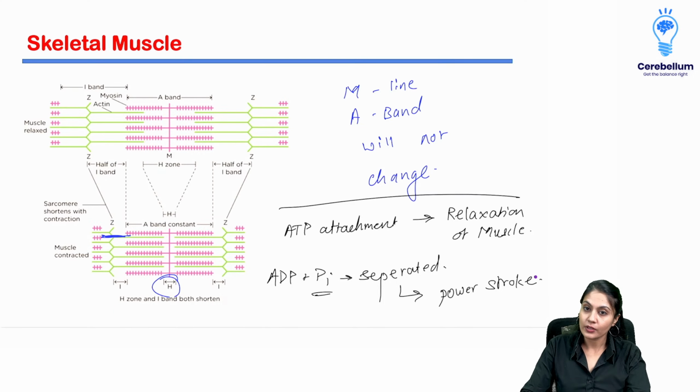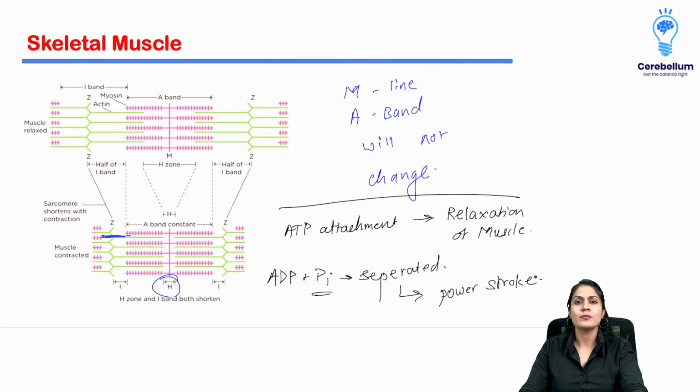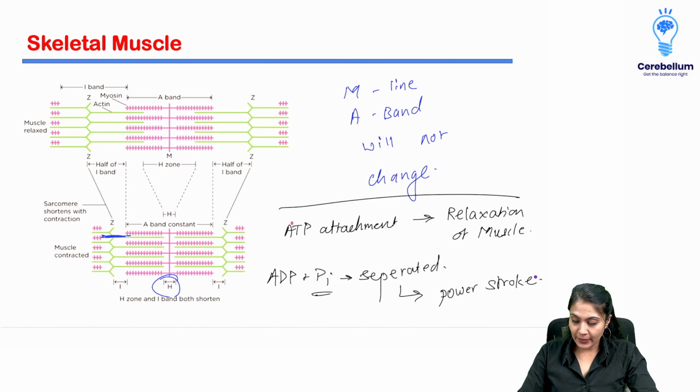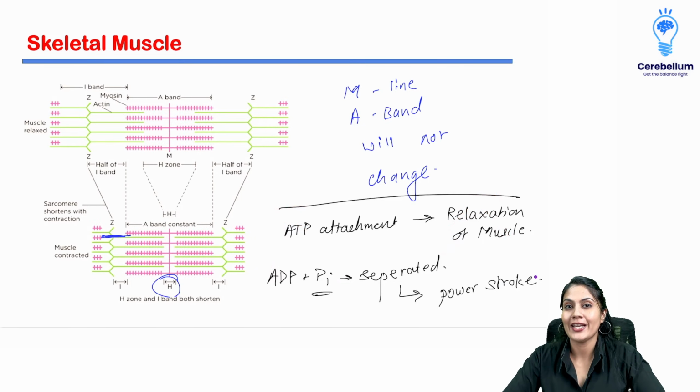So please remember, these two things are different, and hence there is something known as rigor mortis that you are going to learn in forensic. What is rigor mortis? Mortis means after death. After death, there is no one to generate or provide the ATP. So if the ATP is finished, what will happen? ATP attachment is required for relaxation, so relaxation of the muscle will not take place if there is no ATP. So if there is no ATP in the dead body, relaxation or contraction? Relaxation is unable to happen, so the muscle will remain in the contracted phase. That is known as